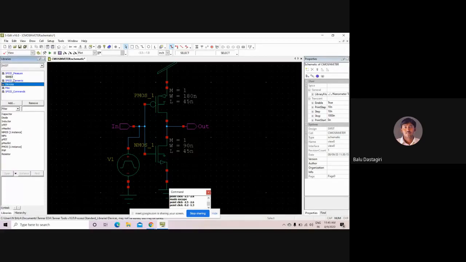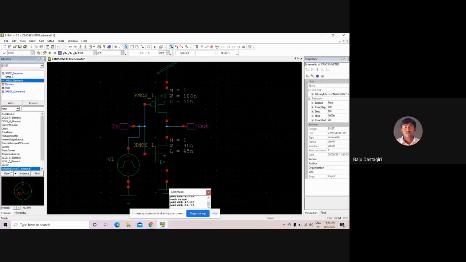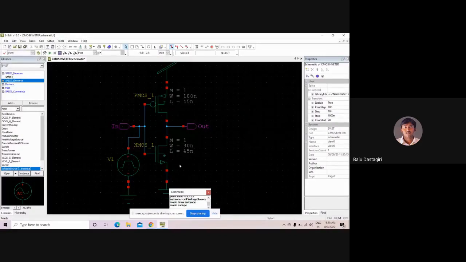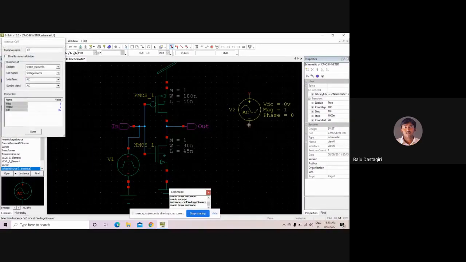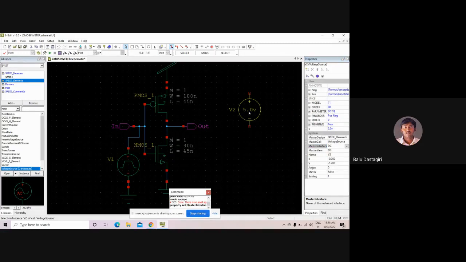Again go to the SPICE elements. In the SPICE elements, again go to the voltage source and place the voltage source here. The supply voltage will be the DC supply voltage to the VDD. The maximum supply voltage in the 45 nanometer is 1.1 volts.